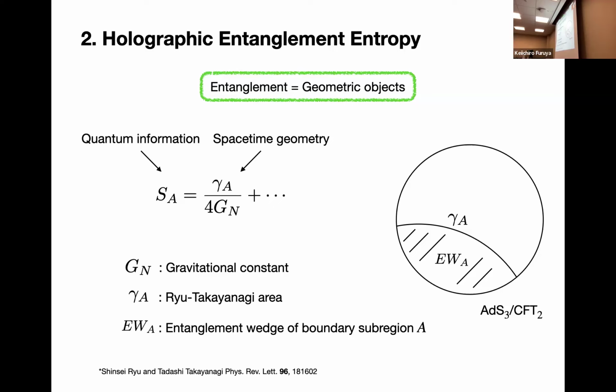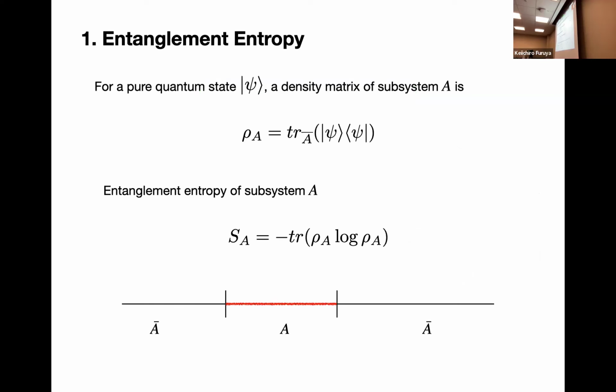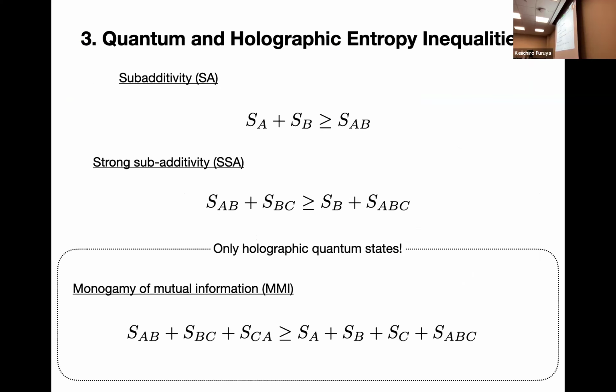Roughly speaking, this is the set of quantum states, the general quantum states, and the holographic states are something inside. What I'm saying is that for the first two inequalities, sorry, I'm going back. For the first two inequalities, the quantum states in here all satisfy that inequality. But this part of the quantum space does not satisfy the MMI, while the quantum space here satisfies that. Okay, thanks.